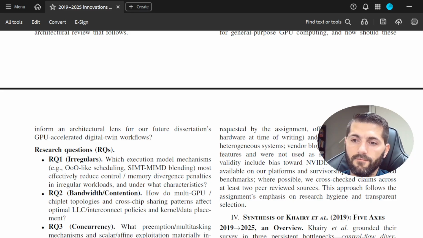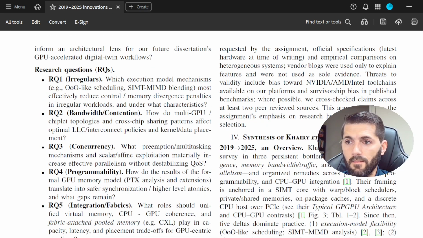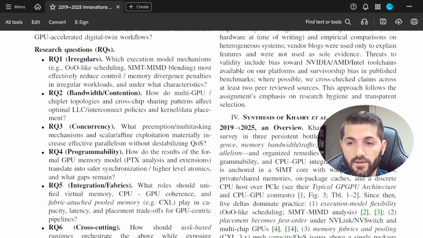So motivated by those research questions, this paper that I wrote revisits the Carey et al. taxonomy with a concise synthesis of each of those axes, and it surveys the post-2019 advances that have materially affected those axes, those areas. I looked at it from an architectural lens: coherent fabrics, task-based runtimes, and designs, the way in which everything is connected together,